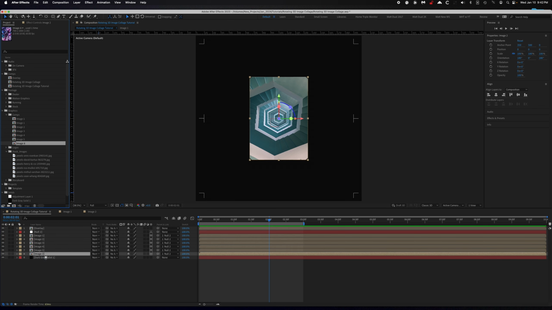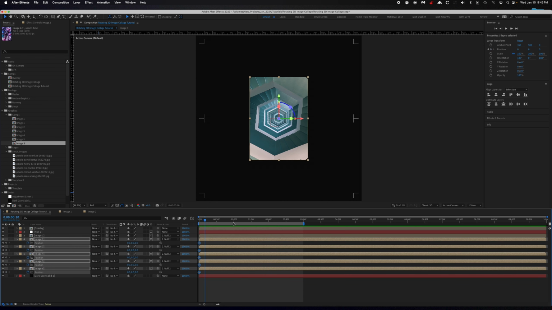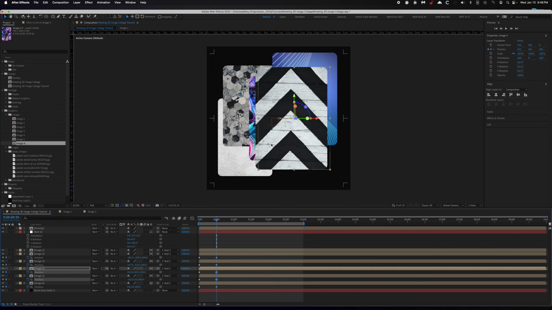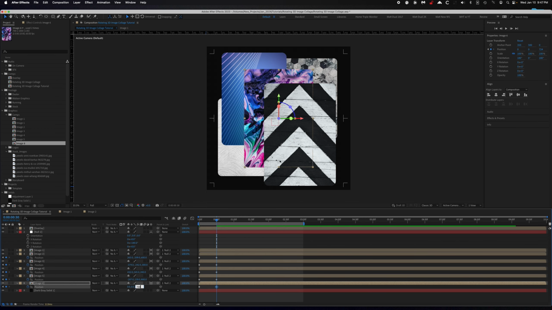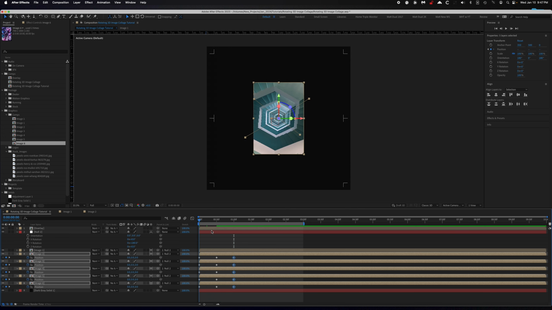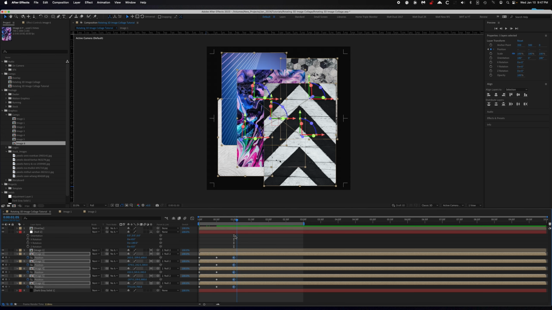Now we're going to animate our position. We make a keyframe for all of them, and then if you hold Shift Page Down, that's 10 frames. So what I'm doing is 30 frames. Now here, what I did is make a second set of keyframes, but we kind of want to move these in 3D space. And then what we're going to do is go down again in the timeline and create a new position keyframe, so that kind of gives us them coming out, sitting there, and then go another 30 frames,